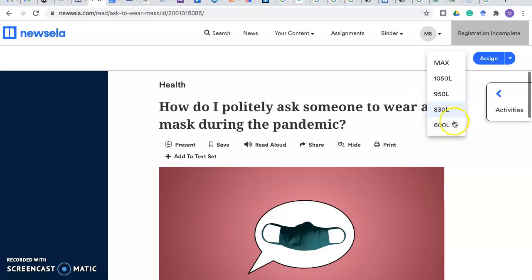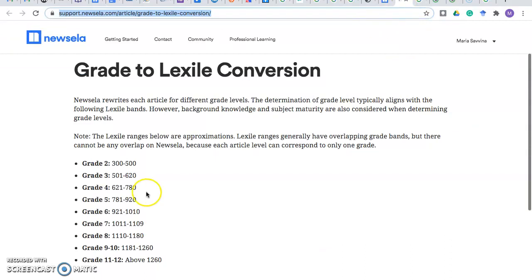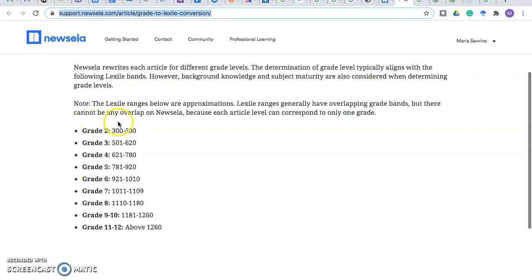So we can see those numbers 600, 830, and 50. They don't mean anything to me, but I found an article from the support team, and here they are. You see the number of Lexiles correlated with the grades.